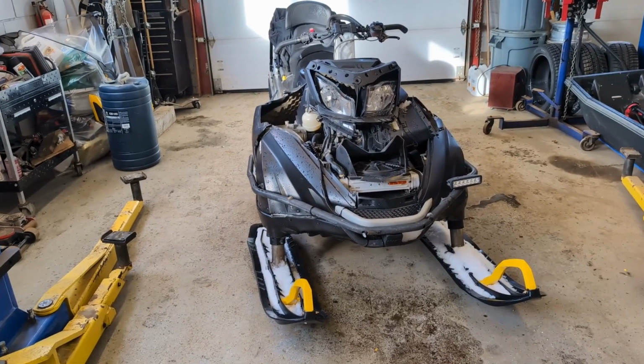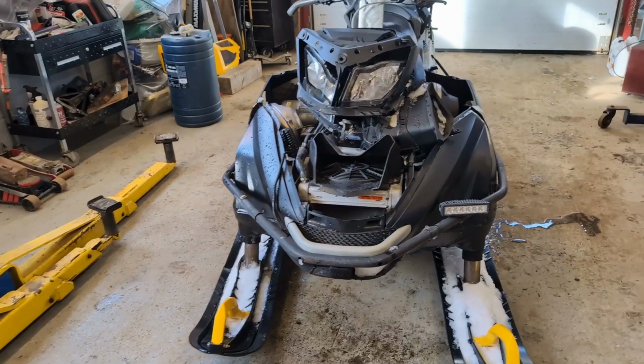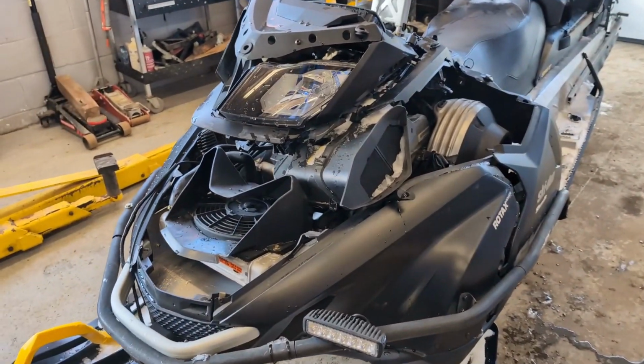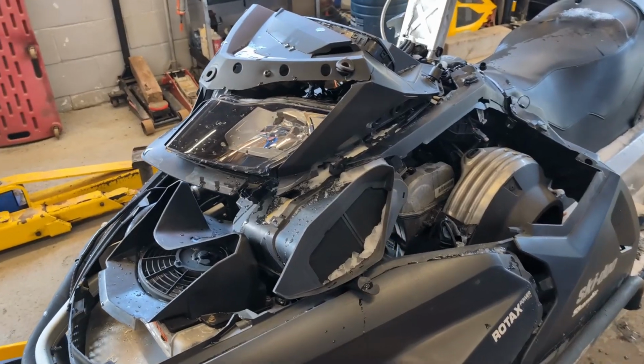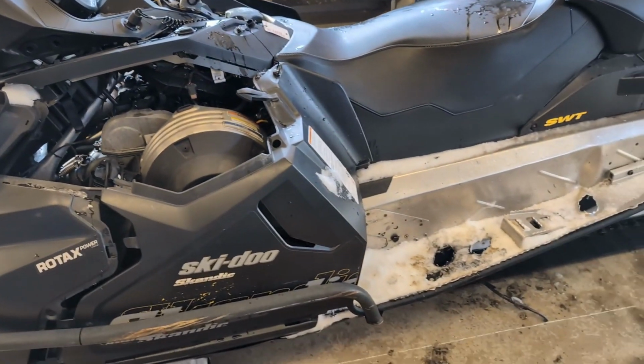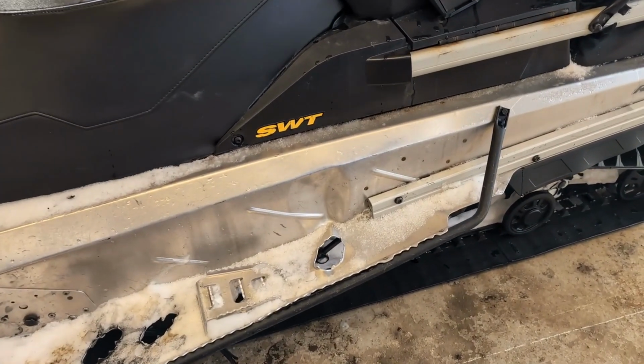Well, a buddy of ours had a little mishap. We were coming back from ice fishing the other day, and he hit a pressure crack. So the sled ended up going up and over, and he's okay. But as you can see, there's a kink in the tunnel down here,